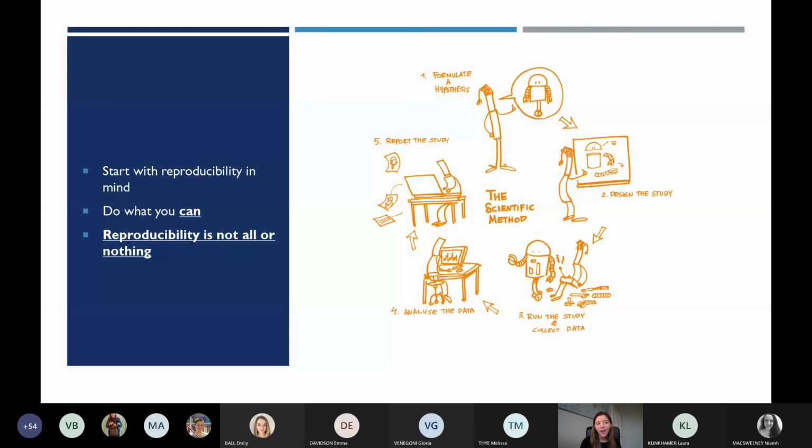And then when you come to analyze your data, maybe you're starting to think about, even if you don't want to make the switch from Excel or SPSS to R, some of these programs like SPSS, you can download the script behind all those clicks that you're doing. So even that's a start. Just trying to introduce reproducibility at each stage of the workflow. But as this slide says, try and do what you can. And reproducibility doesn't have to be all or nothing. It's a slow process, and hopefully it will get better over time.